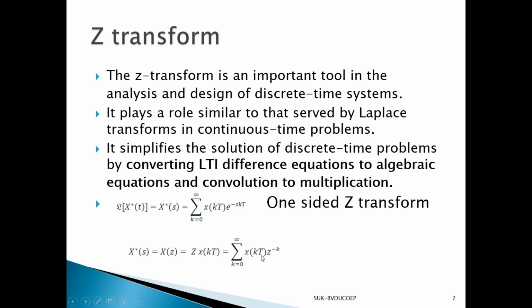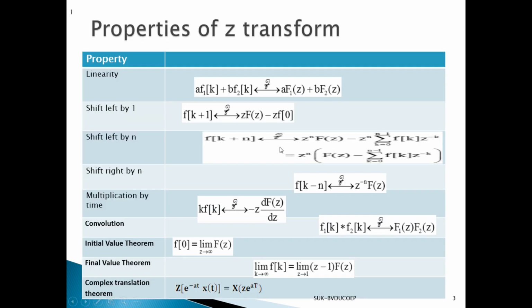As you have studied in continuous time system, you have to know the properties of Laplace transform and how to find the Laplace transform from the basic definition. Here also we have to understand the properties of Z transform and how to find out the Z transform of the given signal. So fundamental properties will be there, because there will be a number of functions in the system, and therefore linearity property will always be present here. So a times f1(k) plus b times f2(k) gives A times F1(z) plus B times F2(z). Linearity is applied to the Z transform also.